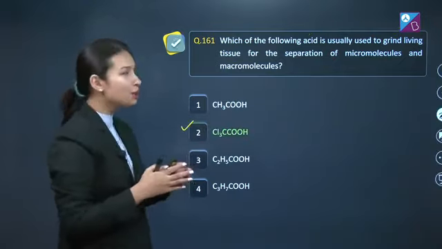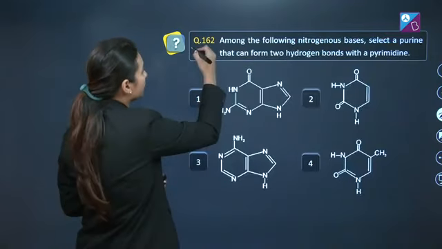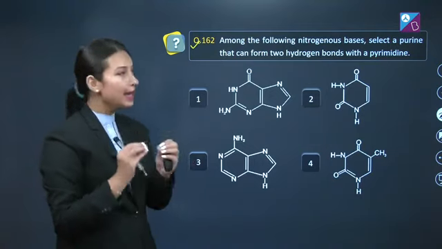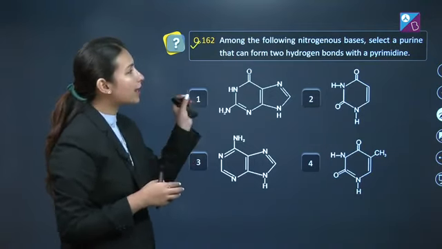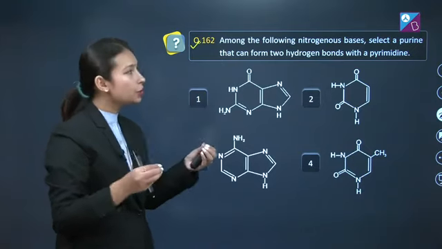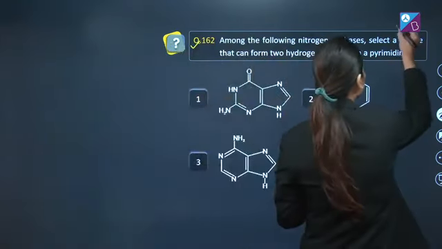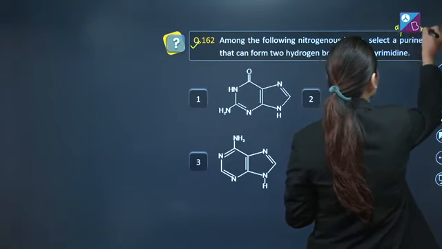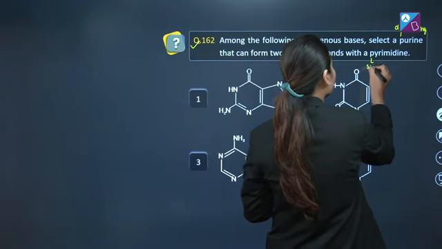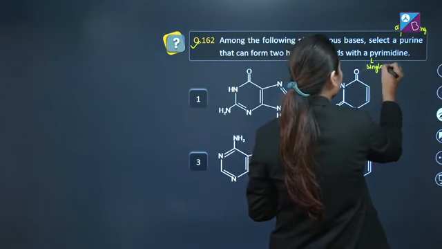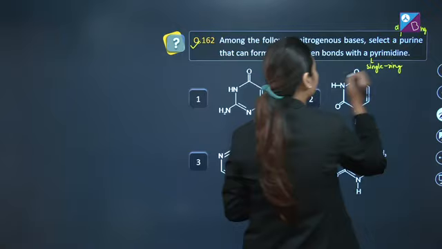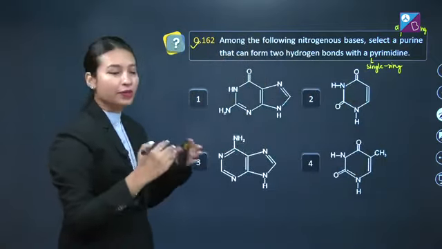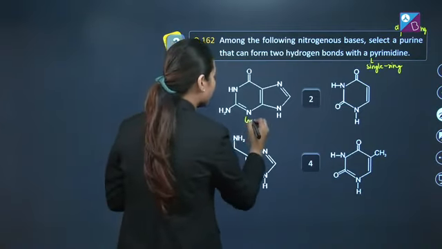Now let's move on to next question, that is question number 162, which states: among the following nitrogenous bases, select a purine that can form 2 hydrogen bonds with a pyrimidine. So students, purine is a double ring structure, while pyrimidine is a single ring structure. So let's see the options. पहला option का structure represents guanine,